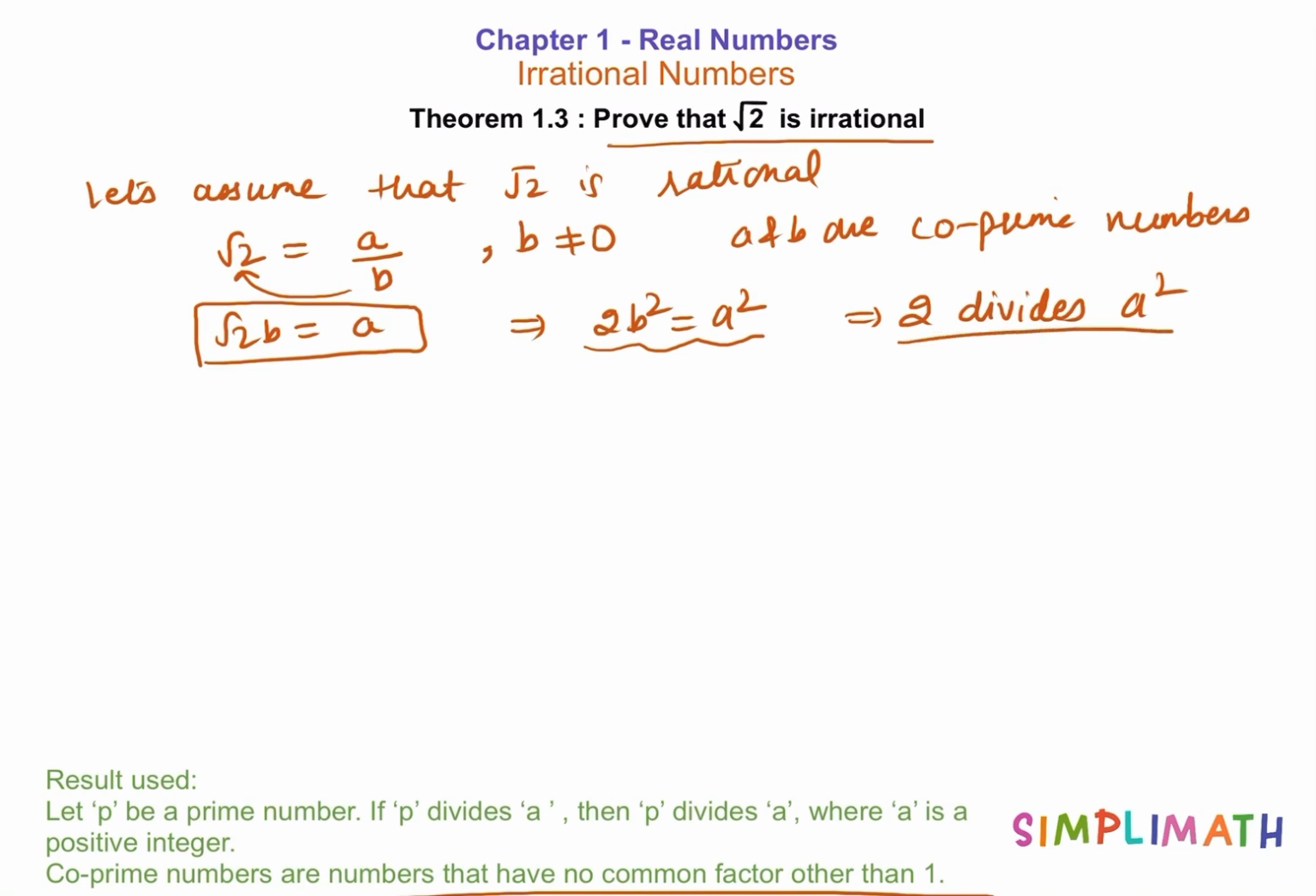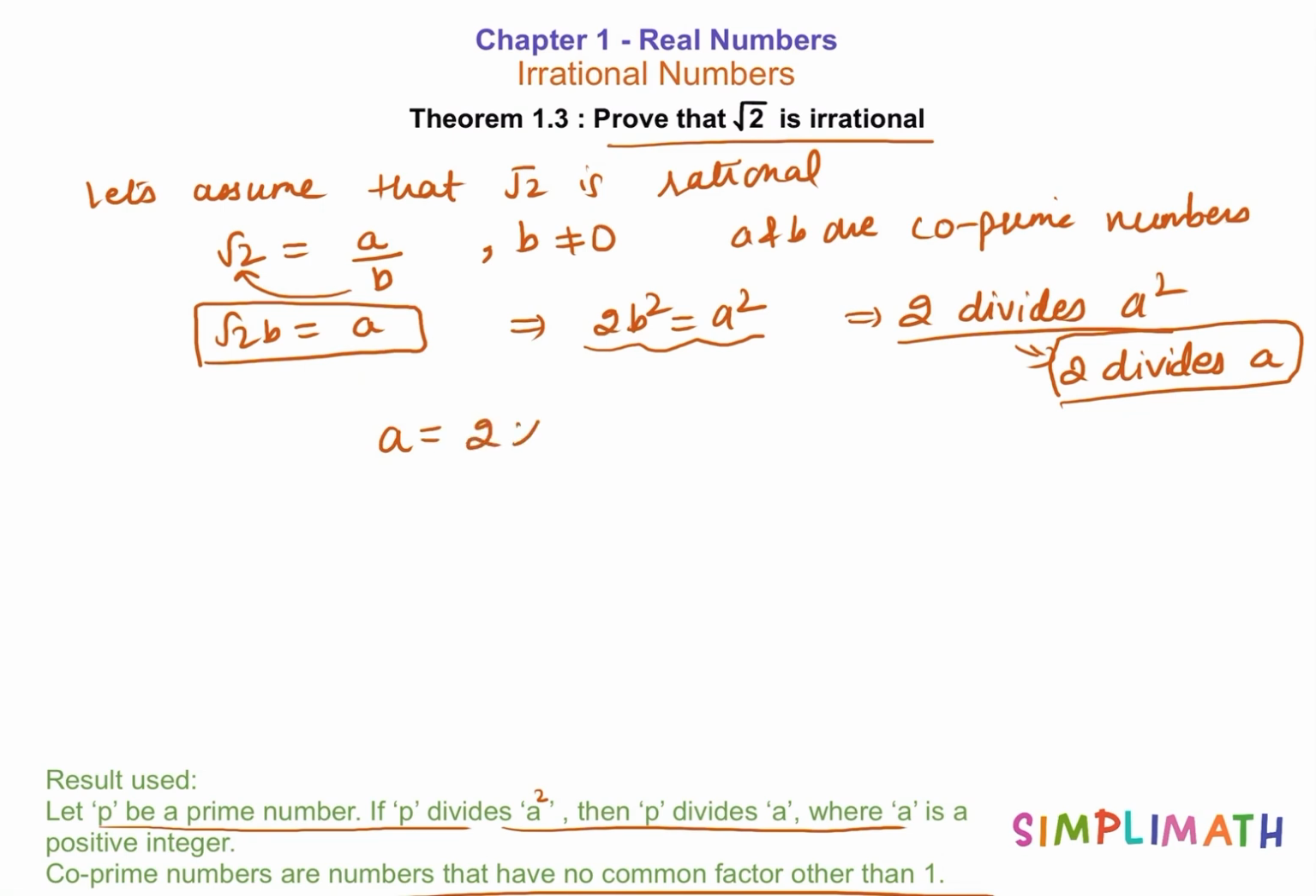2 divides a square. Now in the previous theorem, in theorem 1.2, we have studied that if p is a prime number and if p divides a square, then p divides a, right? So if 2 divides a square, then 2 divides a. All right. Okay. Now 2 divides a, so we can write a in the form of 2 into some number c,